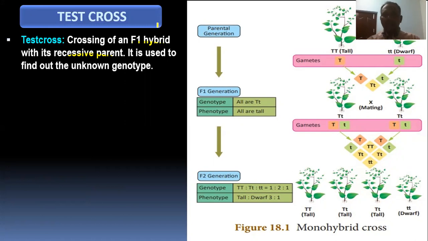Okay, see. In the monohybrid cross, what we studied here, we took a tall plant and a dwarf plant. These plants are subjected to cross pollination, so that we got the F1 generation. In the F1 generation, all plants are tall, but we do not know what the genotype is. Here they have written capital T because this parent is a pure line, a pure breeding variety. That's why I know the genotype of this particular parent, and this parent also is a pure breeding variety, so I wrote the genotype as small t.